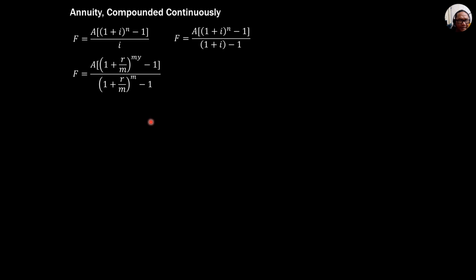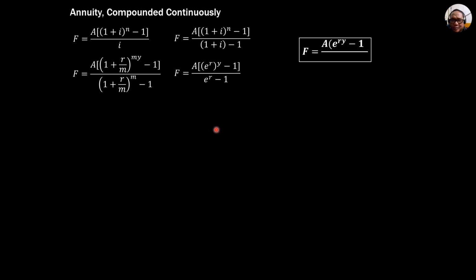that's the future worth. So F equals, remember, 1 plus r over m raised to m, as m approaches infinity, is e to the r. So that becomes e to the r. This is e to the r also, then minus 1. So I'm just deriving the formula for future worth of annuity where the money is compounded continuously. So the formula for future worth, therefore, is A times the quantity e to the ry minus 1 over e to the r minus 1. So that's the formula for future worth.